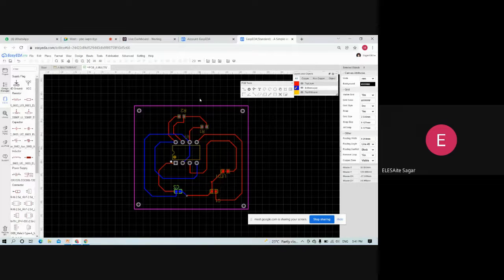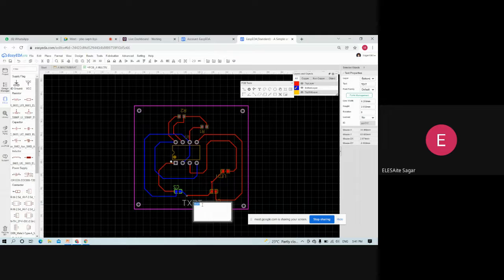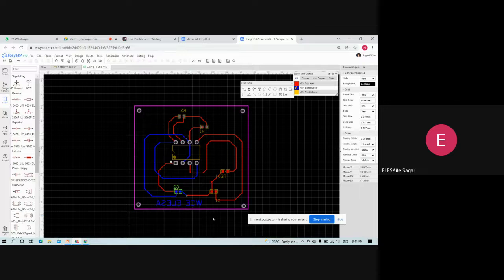So now we can add the project's name or any text from here by selecting this, and we can rename it. I will write WCLSA. And we can write it on the top layer also, something like that, and select top layer here and add the text.